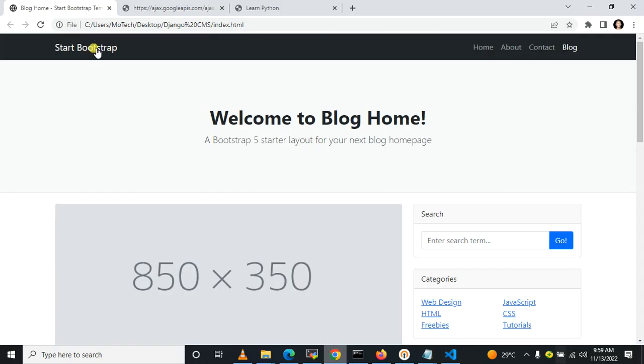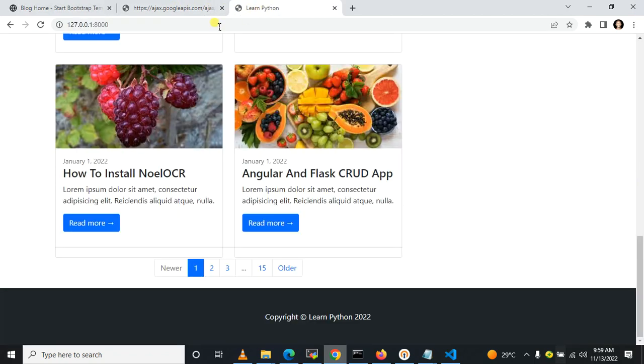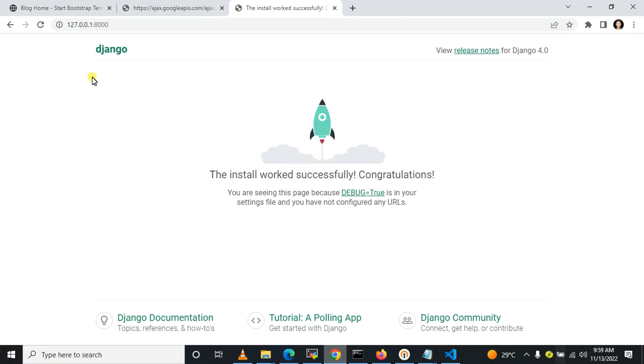So once I come here on my browser and refresh, you can see we have successfully installed Django. This is Django 4.0. Perfect. So after successfully creating the Django project, creating an application and learning migration, here we are going to begin our